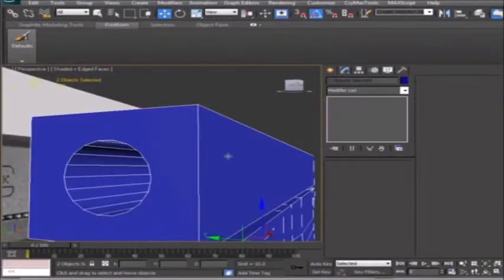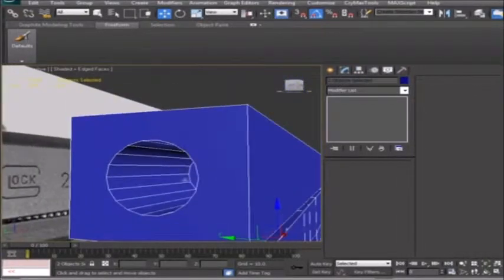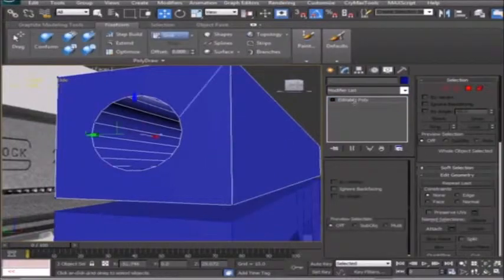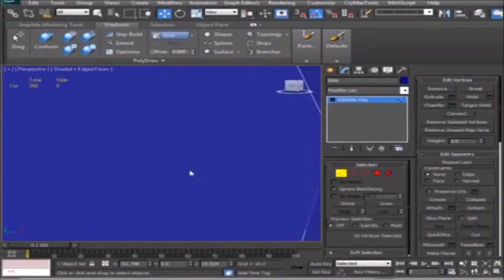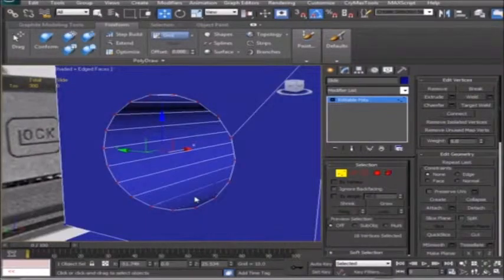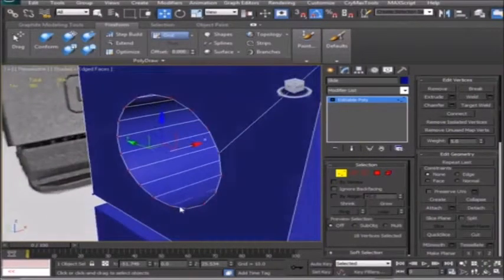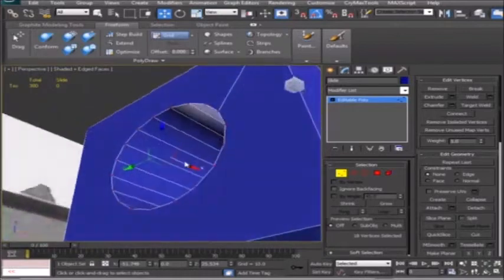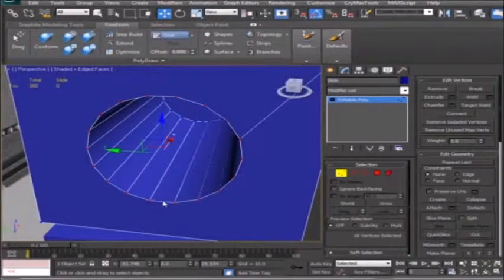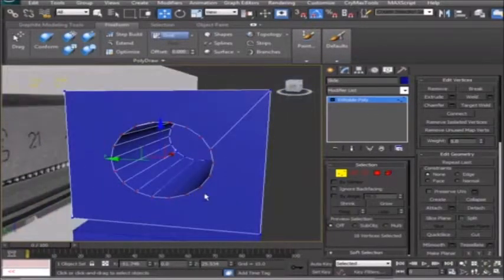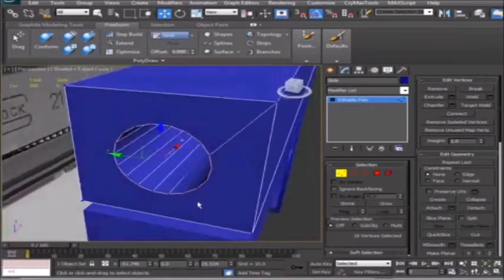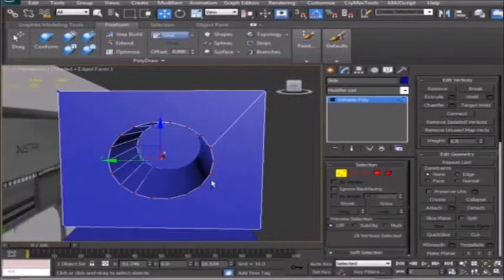Okay, so now that I can see everything, I'm going to go ahead and clean this up. If I hit 1 here, just want to double check that I didn't get any extra verts. They have vastly improved the Boolean over the course of the generations of Max. Sometimes before it would leave extra verts that you'd have to clean up manually, but they seem to do a pretty good job. However, I want to get myself back to triangles, and so what I'm going to do